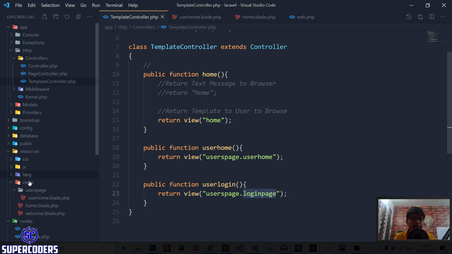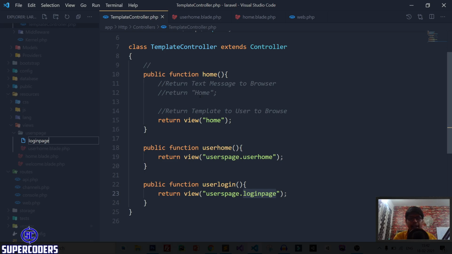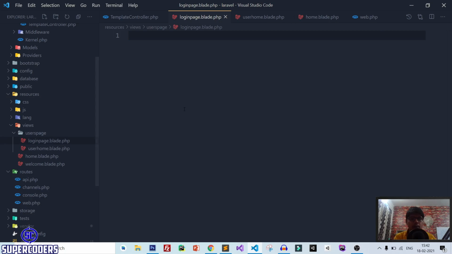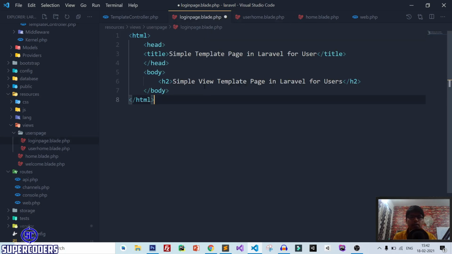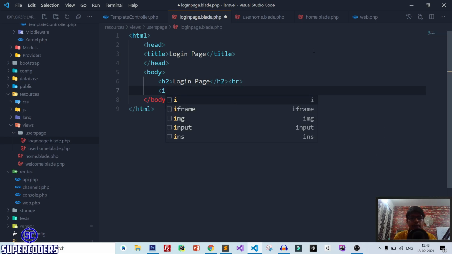So copy the login template, right click on user pages, new file, paste the file name, .blade.php. Now let's work on this file. So here copy the same content, change the title to login page, same here, login page, adding a line break, then adding some inputs.